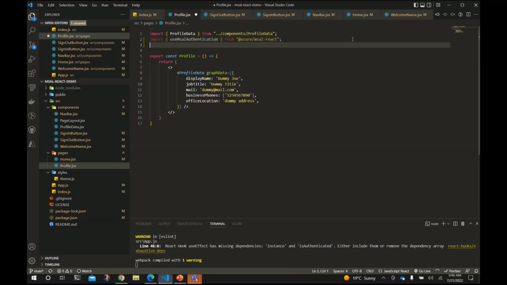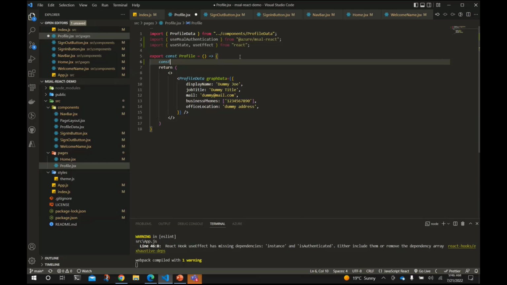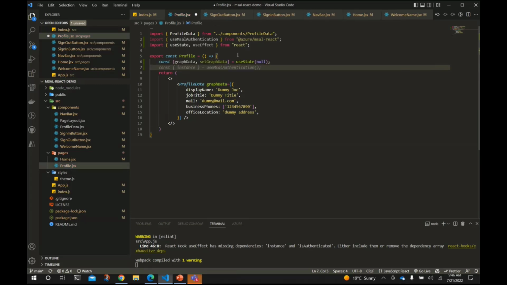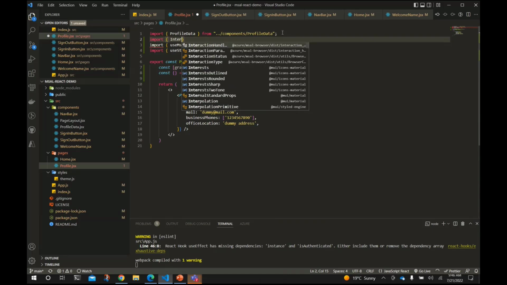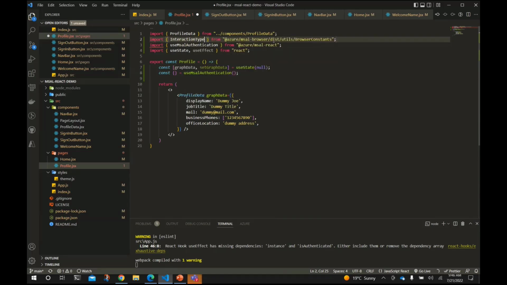I'm also going to need useState and useEffect hooks from React. I'll go ahead and create some state. Let's leave it as null for the moment. Then I'm going to use this useMsalAuthentication hook. So this is a hook that allows you to acquire access tokens with a given interaction type and a given request. So first of all, let's get these interaction types from MSAL browser. So I want to use popup